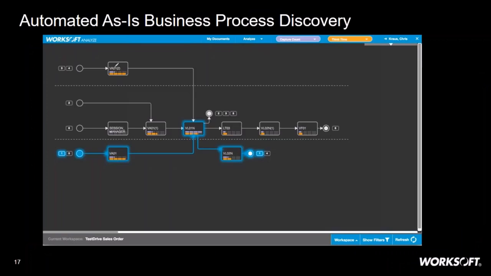So if we're using Analyze for that automated business process discovery, what we're able to do is, based on either the discovered processes from process mining or from the captured processes from the business users, generate diagrams that depict the flow of process through the application. Here we see a sequence of transactions executed in SAP. It allows us to see different variants in the process, gives us a lot of insights into what the users are actually doing and helping us understand requirements.